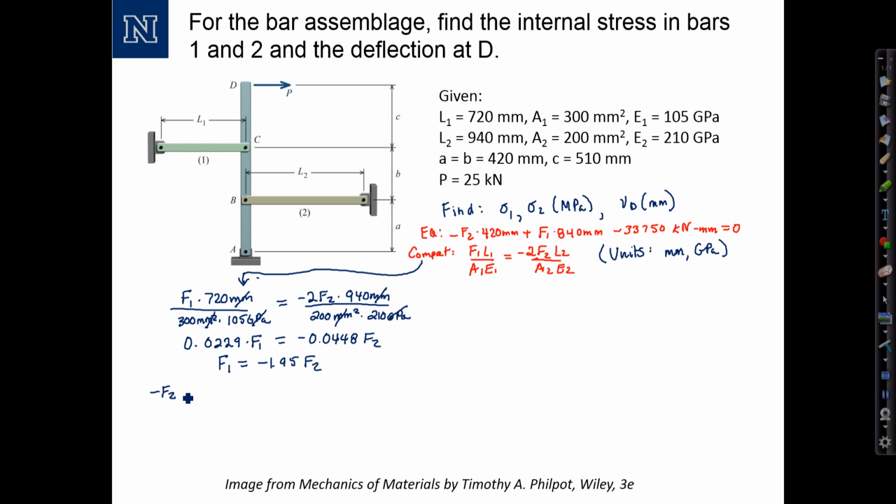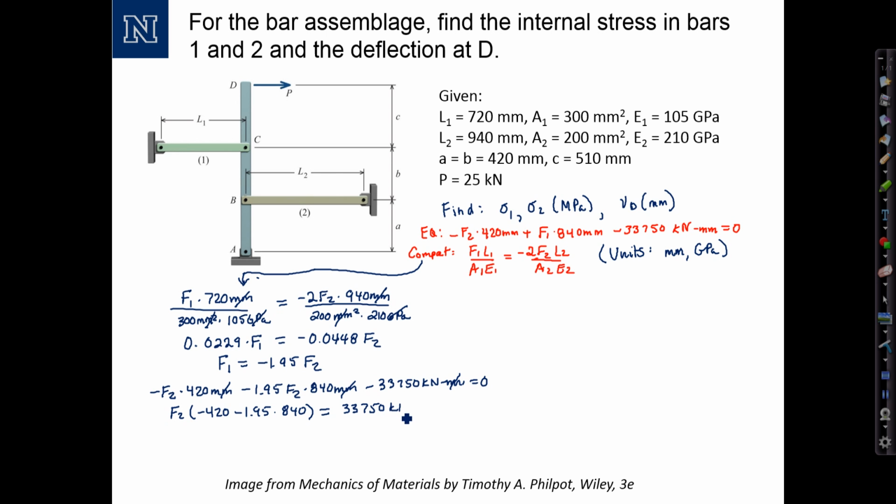And we'll have negative F2 times 420 mm plus F1, which is negative 1.95 F2 times 840 mm, carrying my units through now, minus the 33,750 kilonewton millimeters equals 0. We can cancel out our millimeters from all terms in the equation. Let's group the terms that multiply F2: negative 420 minus 1.95 times 840 equals